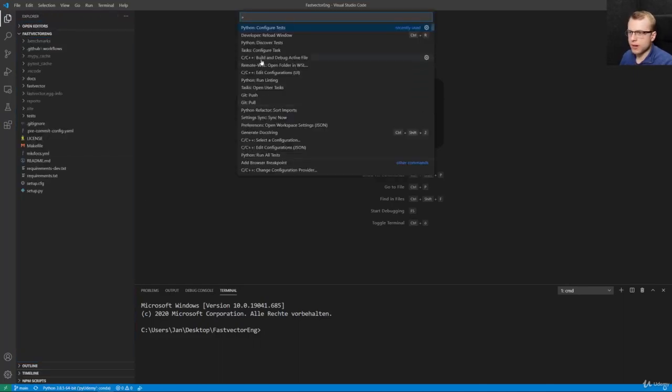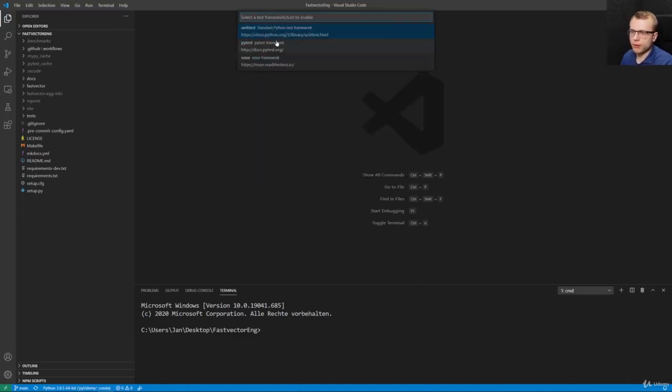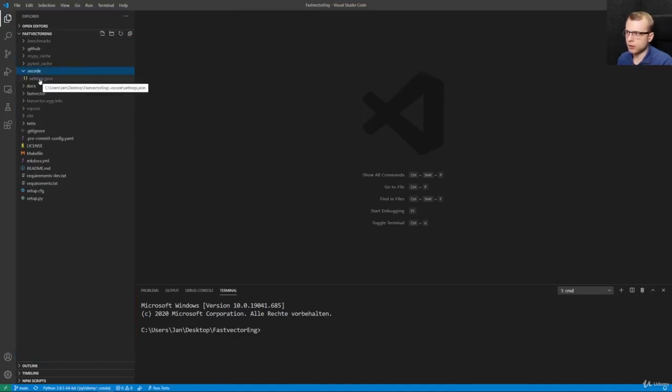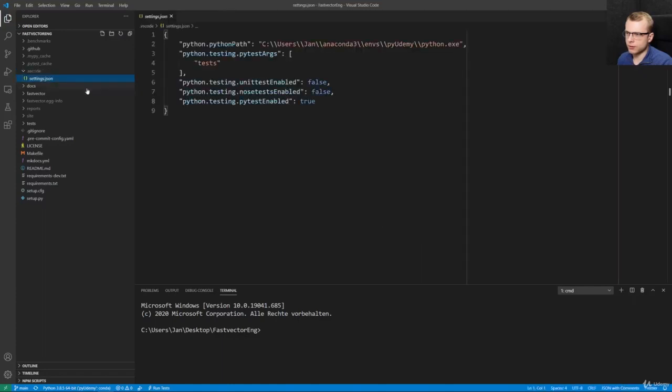So if you press F1, you can type Python configure tests. Then a pop-up will appear here and we can set which framework will be used. So for example, we want to use PyTest, and we can define where PyTest should search for our tests. I can pass here that the tests directory should be used. Under the hood here in the .vscode folder, there's a settings.json file created where the settings are set for our